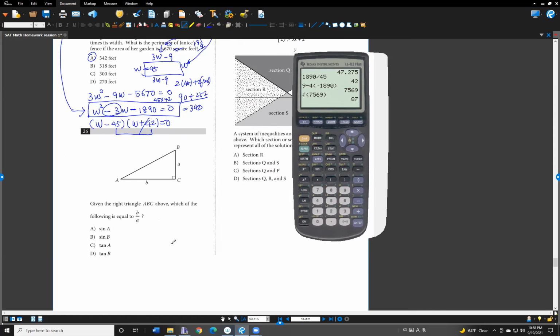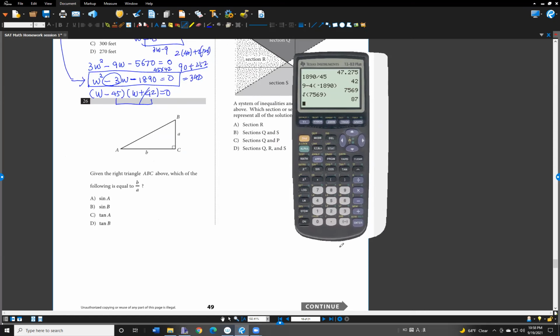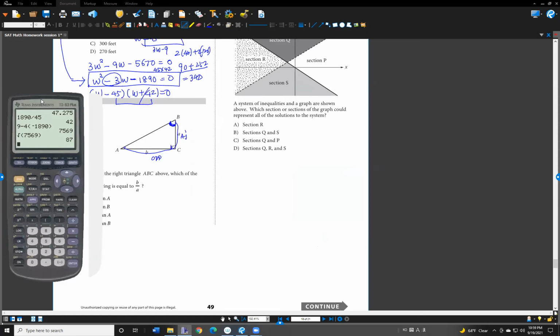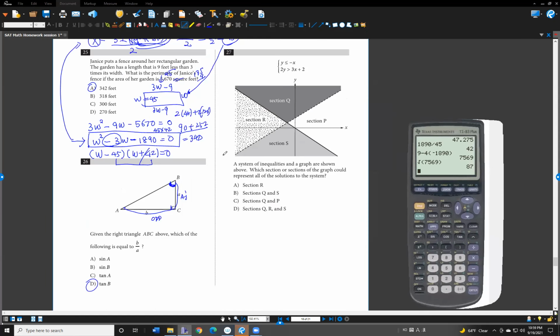Number 26. What is the following variable, right? B over H. B over H, what? Tangent B, right? Opposite over adjacent. Tangent B is the answer, okay? All right, number